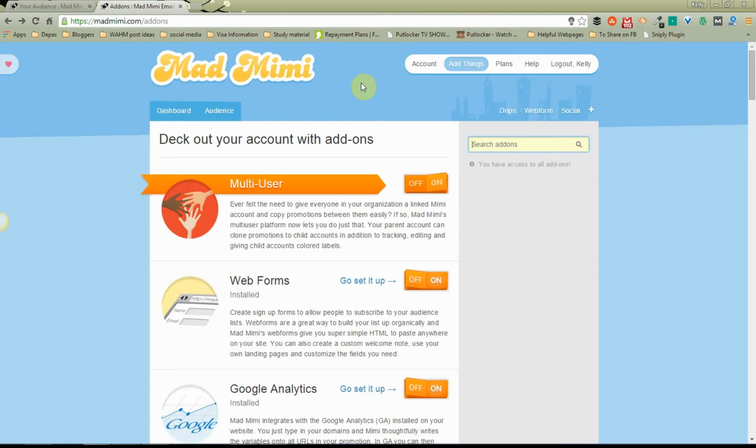I want to discuss the two different kinds of emails that you send out with your email service provider. The first one is called a broadcast. Basically, what a broadcast is, you go in, you hit compose. I'm not on the right page right now, but there'd be a box right here that says compose. You click on it, you write an email, and